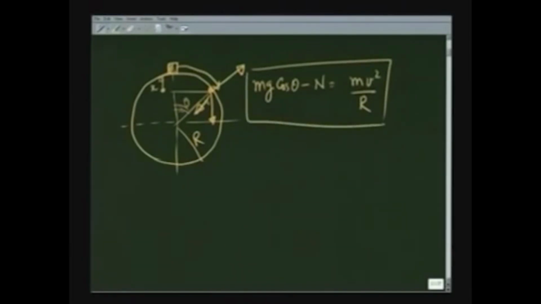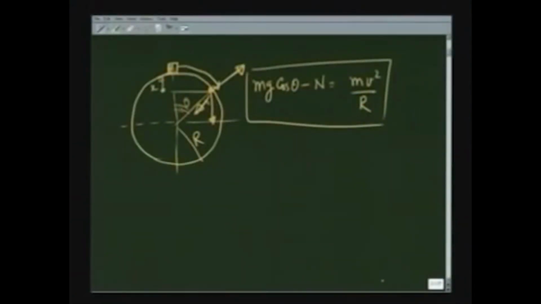As long as N is non-zero and pointing outwards, I know the particle is on the sphere. N equals 0 implies the particle loses contact